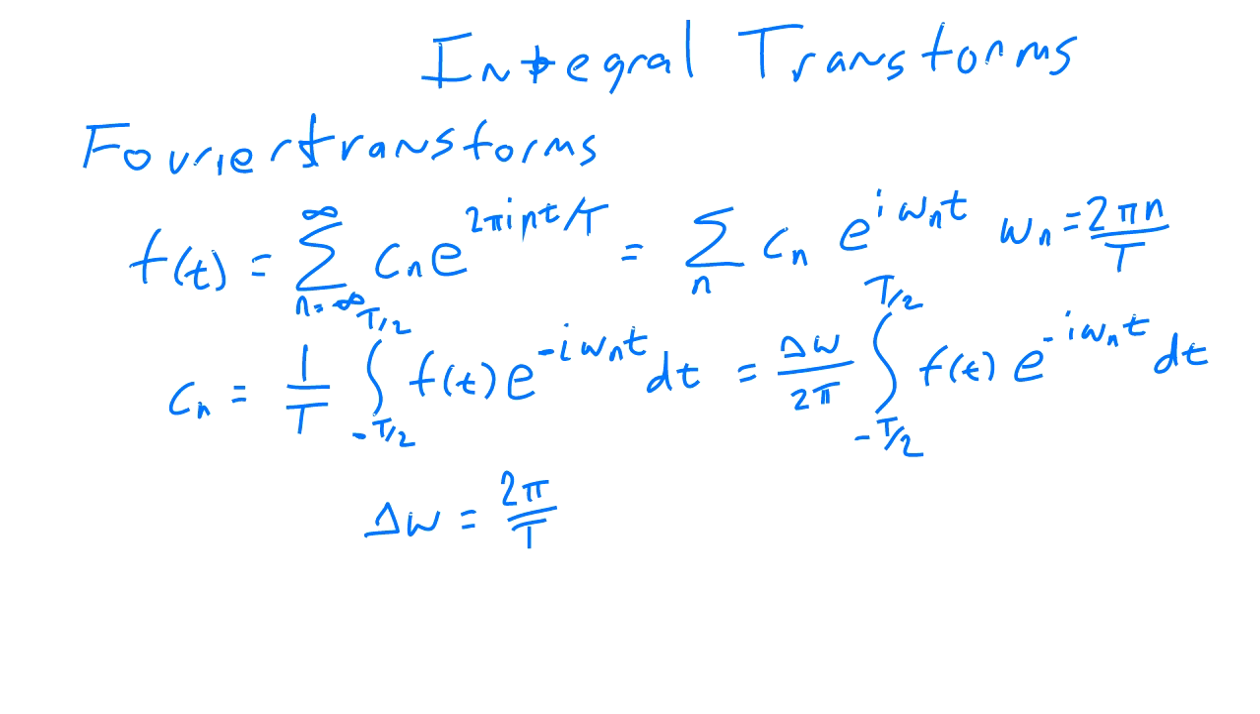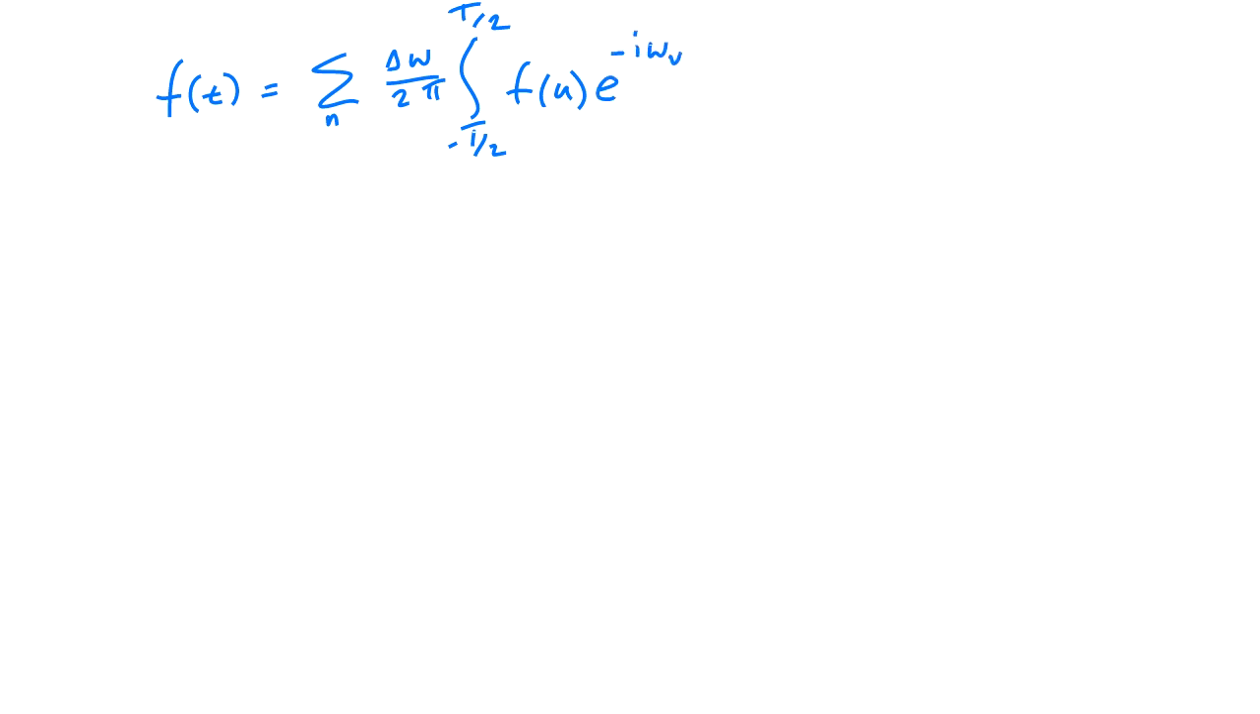Now what we're going to do is take this a step further, and we're also going to rewrite our function f of t to be equal to this summation over n of the c sub n, and the c sub n we can write as delta omega over 2 pi times this integral from minus T over 2 to T over 2 of some other function, let's say f of u, where u is just something that's not equal to t, e to the minus i omega sub n u du,